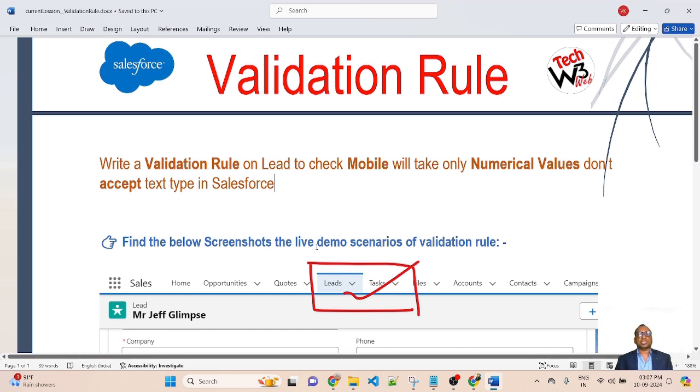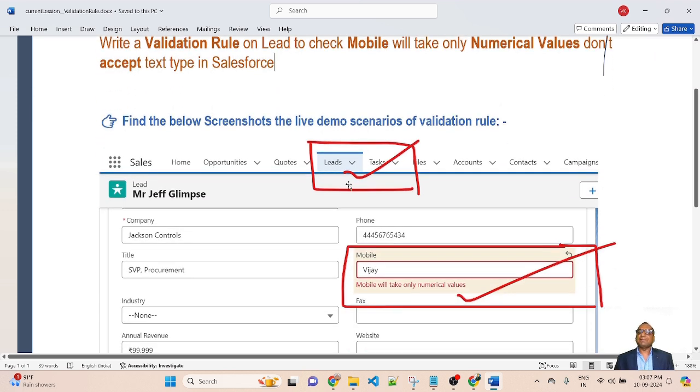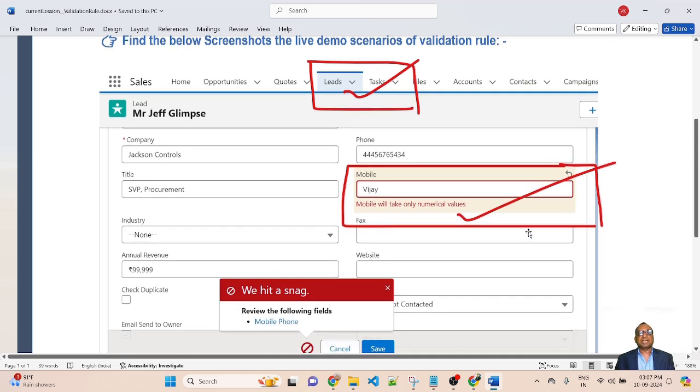Find the below screenshot of the live demo scenario on the validation rule. Here I will write a validation rule on the lead object, so I am selecting lead. I open one record of lead, and there is a field mobile. If I put a text value in the mobile field and try to save the record, the validation rule will be applied and it will display an error message.